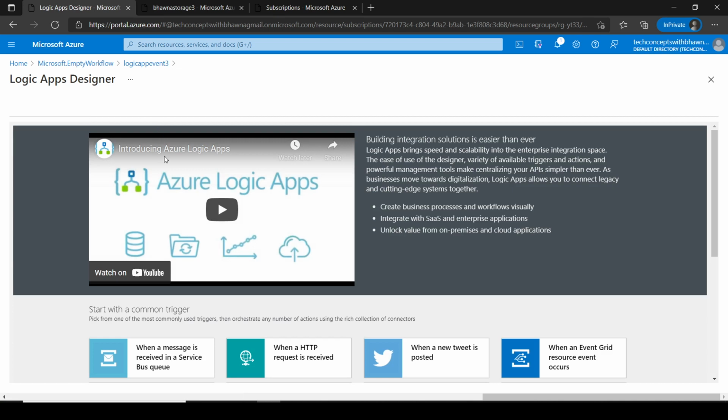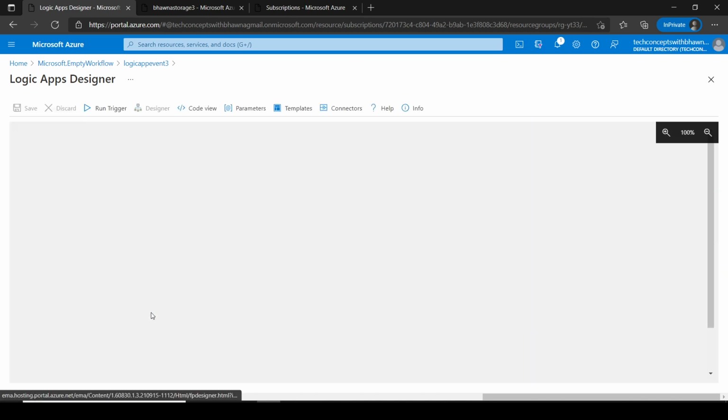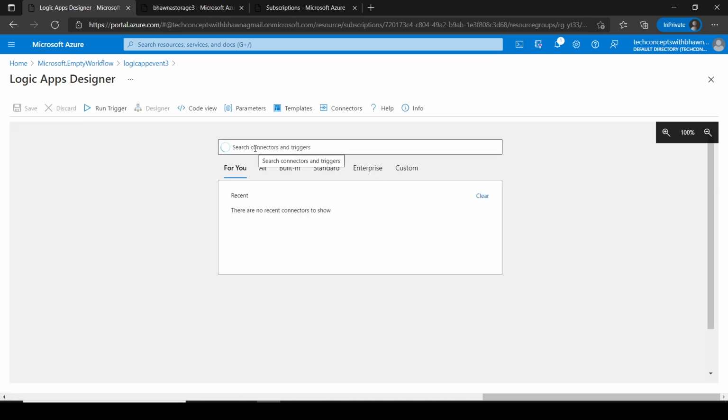Now guys, what you can see over here is the Logic App URL. In this case, let's go ahead and select a blank Logic App. When you select a blank Logic App, you have to select the connector. As I've already explained, we are going to use the Azure Event Grid connector. But the most important and commonly asked question here would be why you are using the Event Grid connector, right? You can select a blob storage connector and directly connect blob to the Logic App. So let's go ahead and do that.